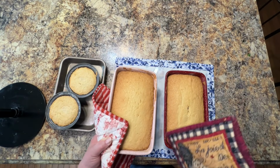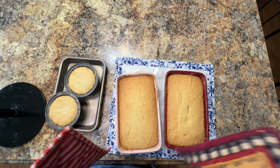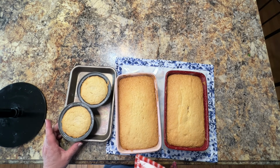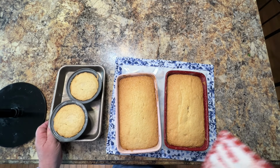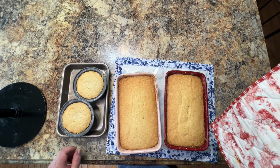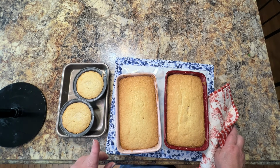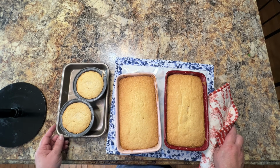Okay, these look like they are all done. I took a sharp knife and stuck it in the middle and it came out clean. These came out probably after 50 minutes. Now I did have a heavier pan underneath them, so maybe that made them not cook as fast, but they took longer than I thought. These took 1 hour and about 20 minutes, so they took a little less than the big bundt pan, but